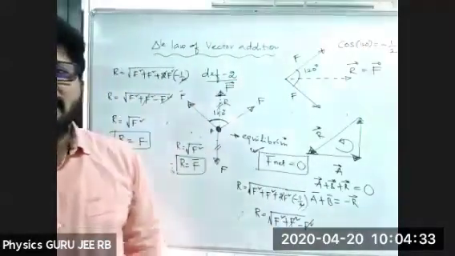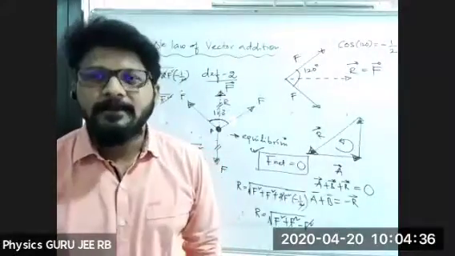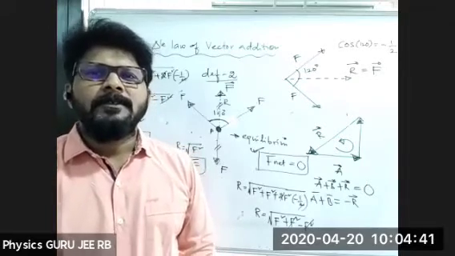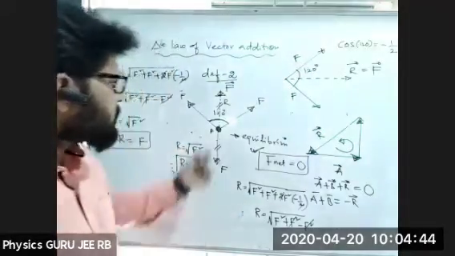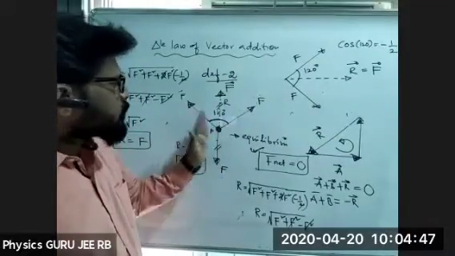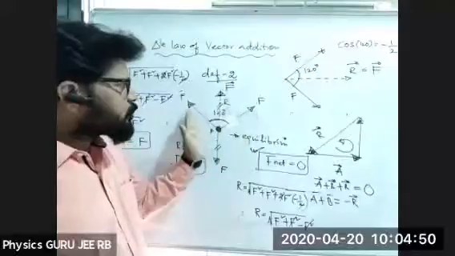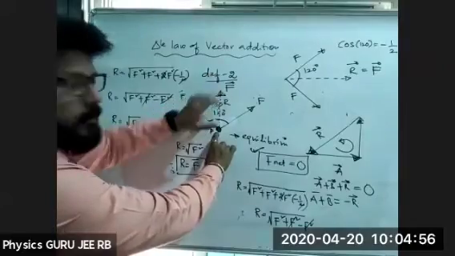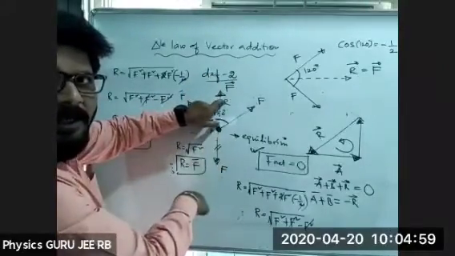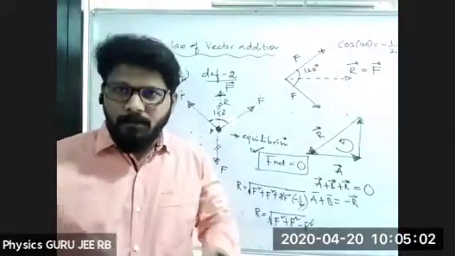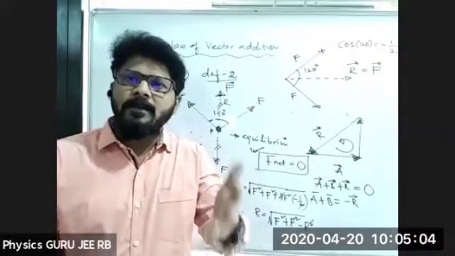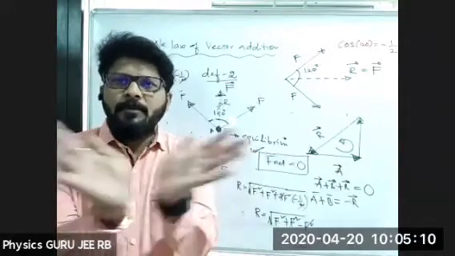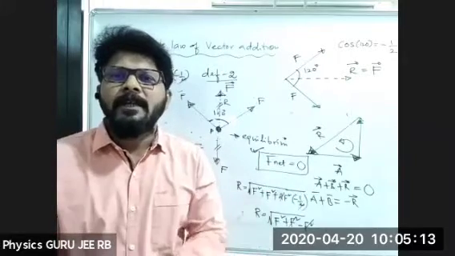Necessary: two vectors starting from the same point is reliable. Oh, no, it's not like that. After cancelling, how can it be 0? Which one? See, this is in upward direction. Now between these two forces, one resultant came upward. Now there is force A, force A, of both. One is in upward direction, one is in downward direction. Both can be cancelled. When both are in opposite direction, we can cancel it. Otherwise, you can use angle of 180 degrees. Both are opposite in direction. Theta is nothing but 180 degrees.